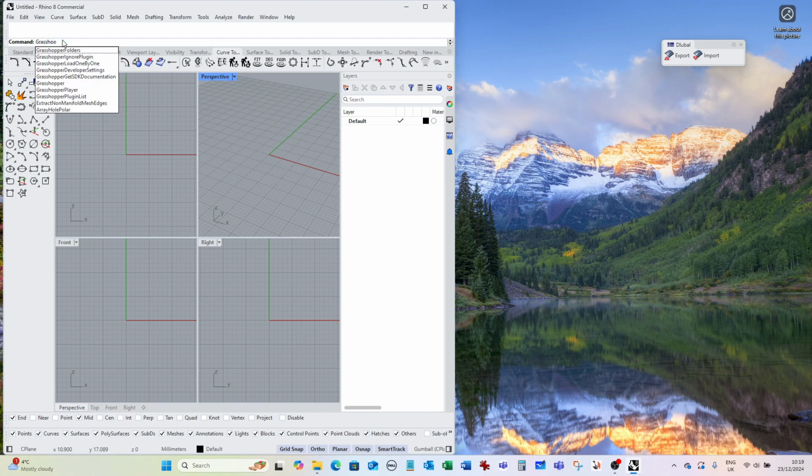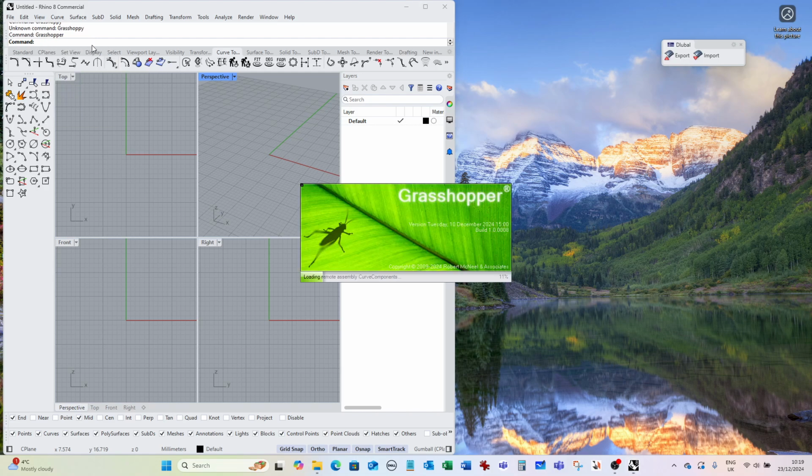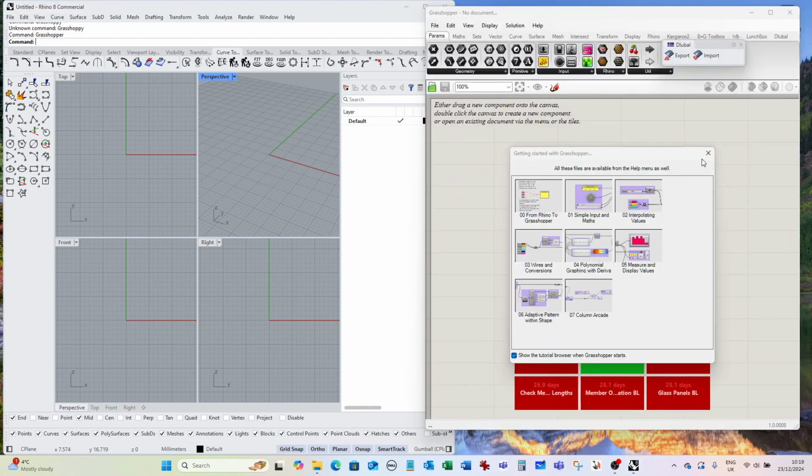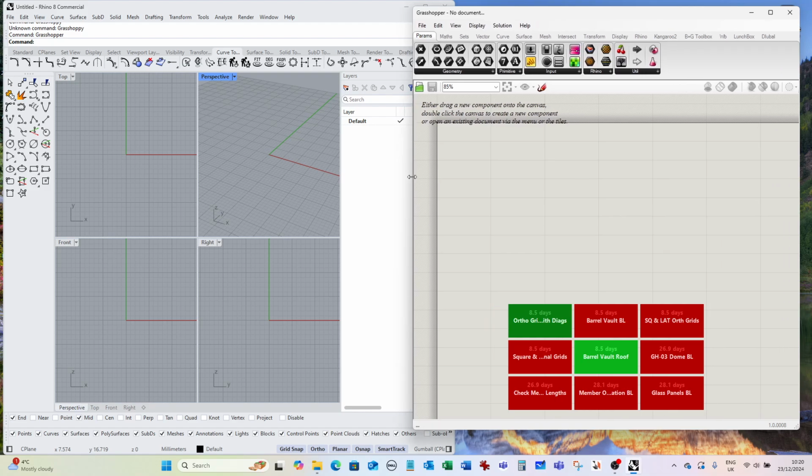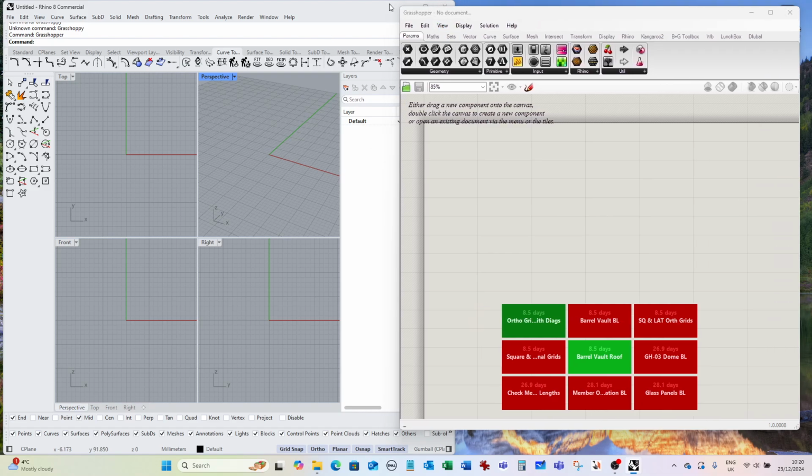We're going to type Grasshopper and open up that window so that we can see both views at the same time on the screen. And we're going to create in Grasshopper, we can see the blank screen here, a barrel vault solution that we will have done in the previous Grasshopper tutorials, but this time we're going to use a different input. We're going to use a curve input. So what we want in